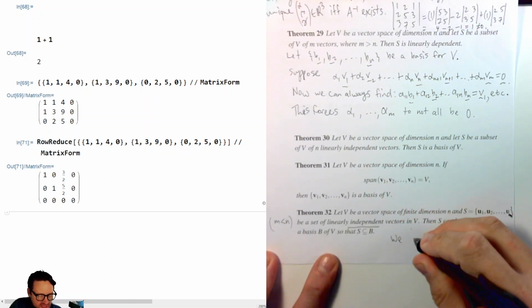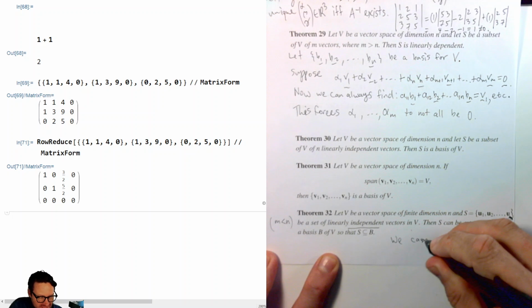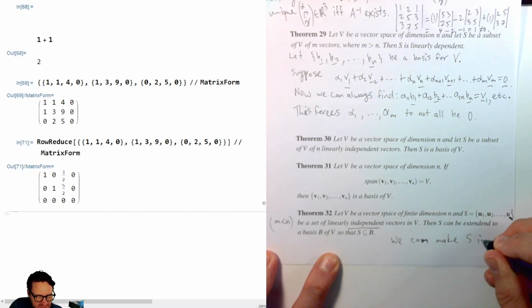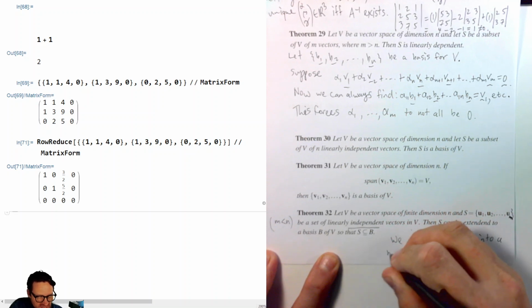So let's say that we can make S into a basis